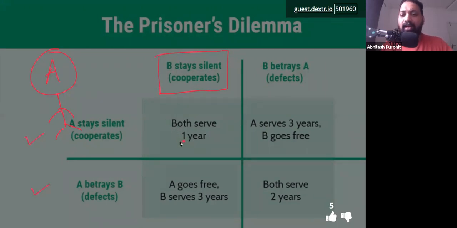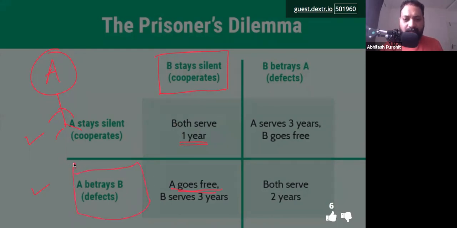If you stay silent, you get to serve 1 year in prison. But if you betray, you go free. So if your guess is that B is going to keep quiet, your best bet is to actually betray.